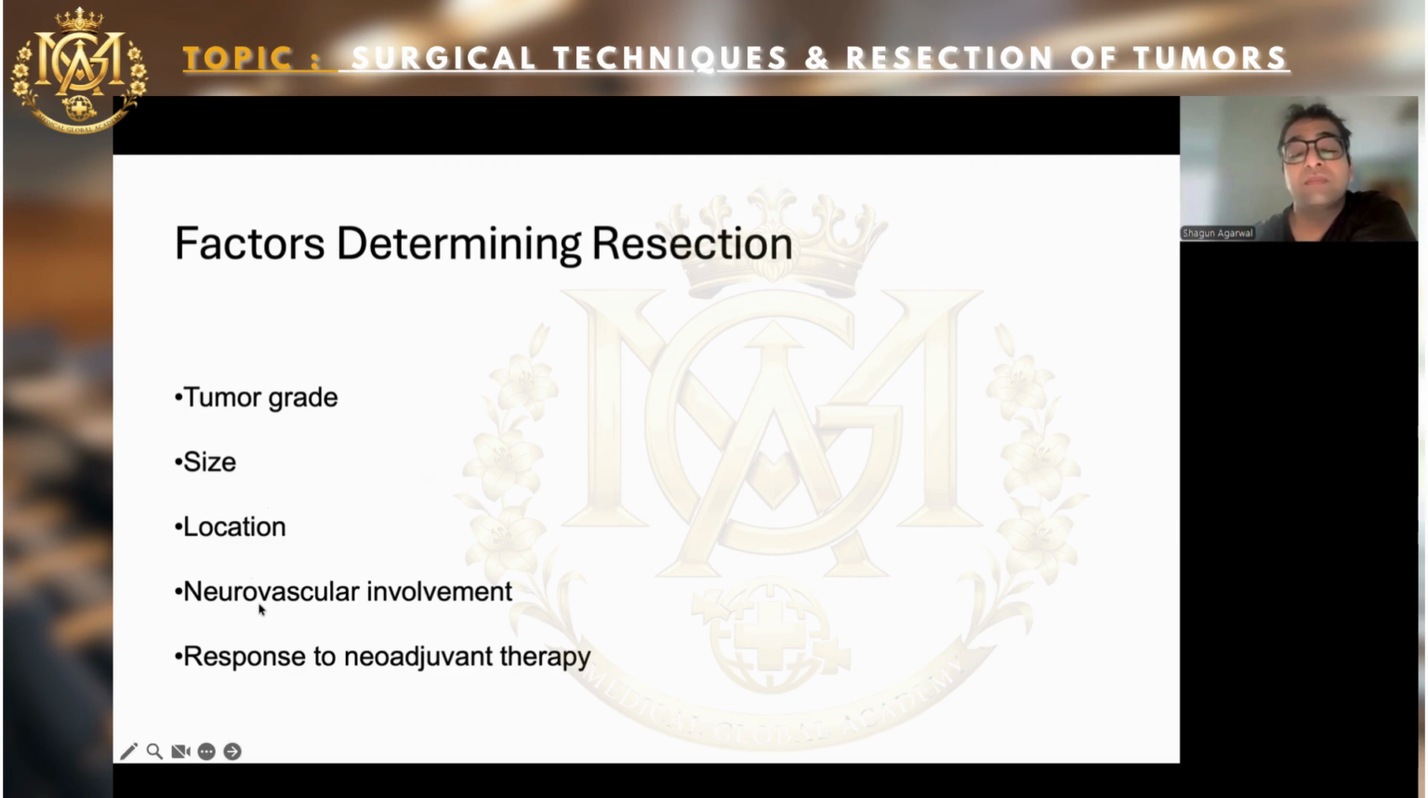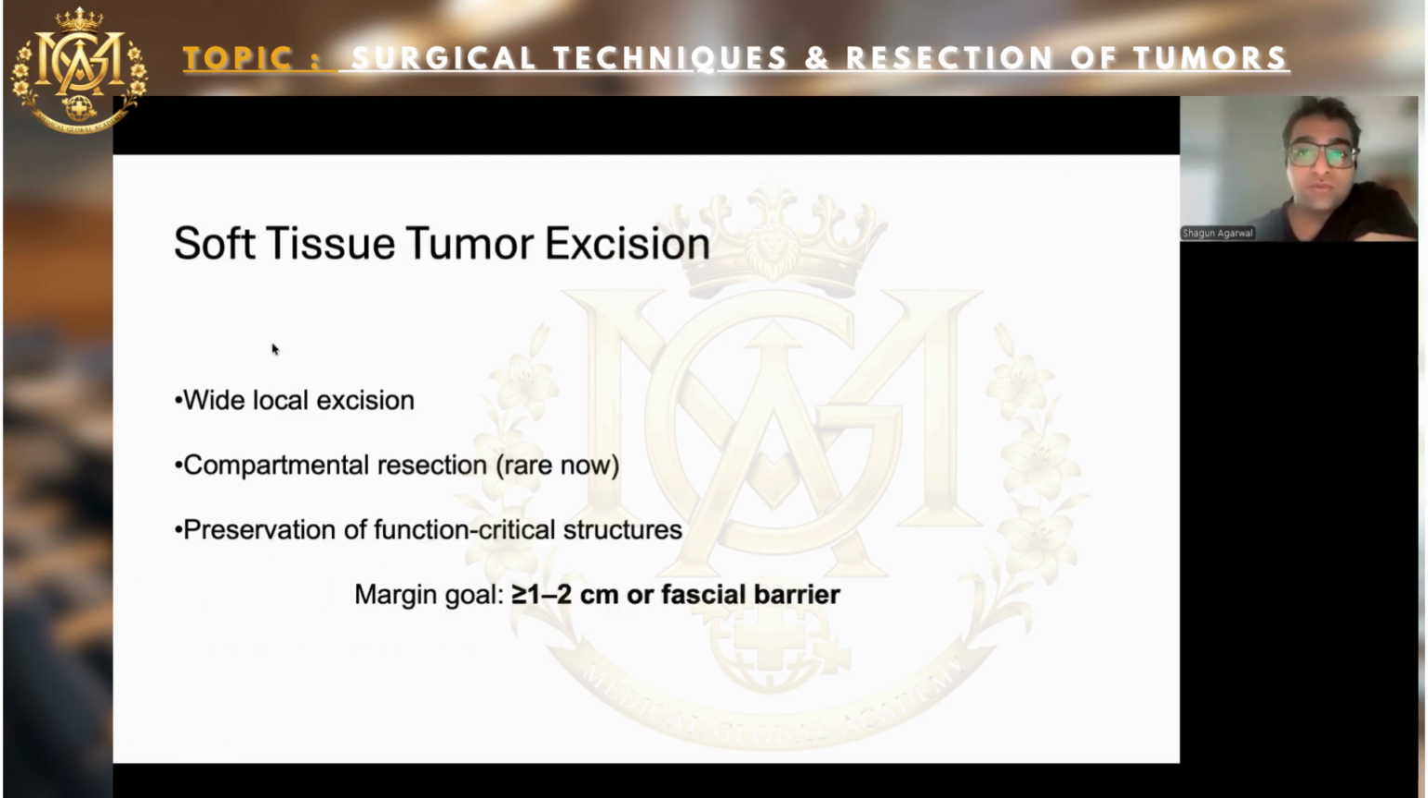The limb might not be functional afterwards. For example, if it's a major nerve like the sciatic nerve, it has to go. With vascular involvement, you can still do the reconstruction using grafts, say saphenous vein grafts. So vascular involvement can be managed, but neurological involvement, usually we have to sacrifice. For a soft tissue, not bony, tumor,